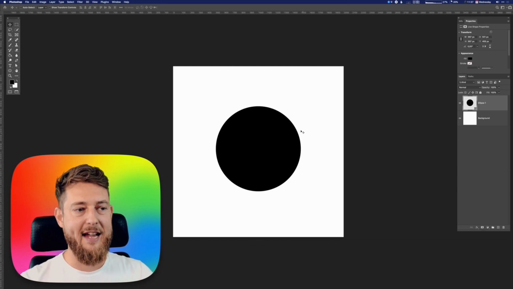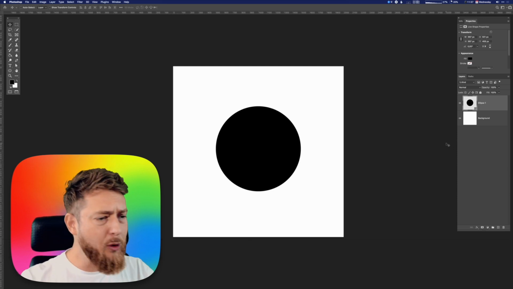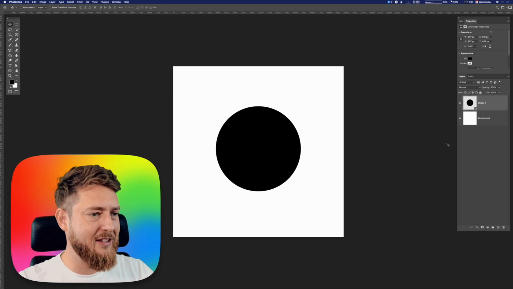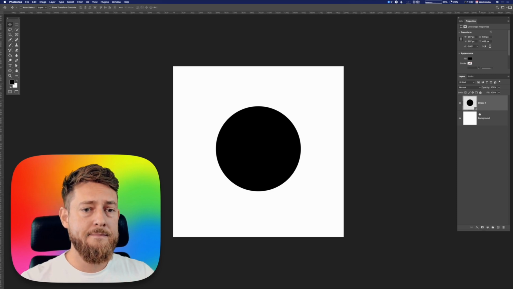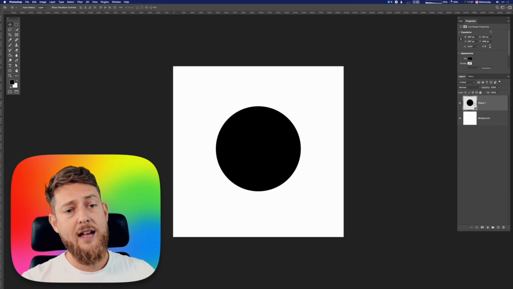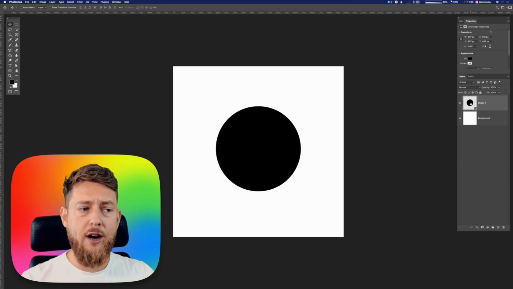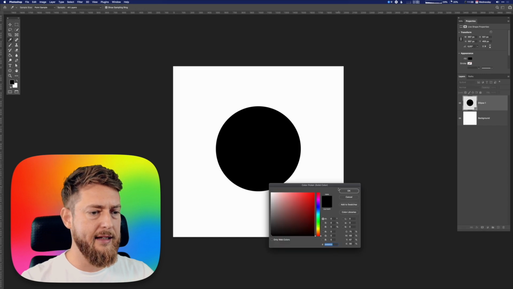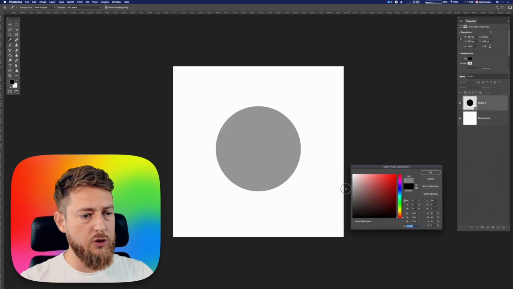It's just sort of a black disc on a white background, right? How could we even proceed to make this dimensional? Well, layer styles is the cheat code you've been waiting for. And so, first of all, I'm going to try to change the color of this thing into something a little easier to manipulate. So we're going to choose like a